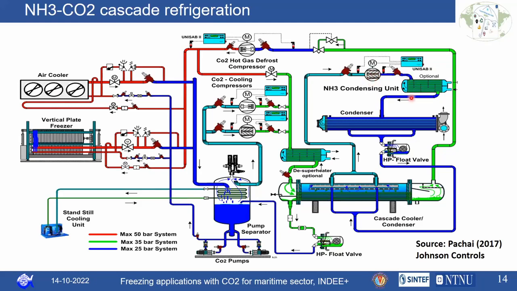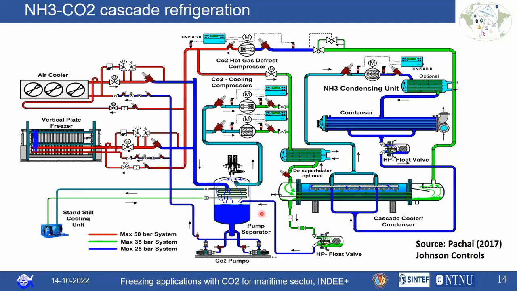So from the screw compressors, it goes to the condensers, and from the condenser to the expansion valve, and this goes to the cascade heat exchanger. And from the cascade heat exchanger, it will again go back and the cycle will get complete. And from the cascade heat exchanger, where our CO2 will be condensed, it goes to the expansion valve, and